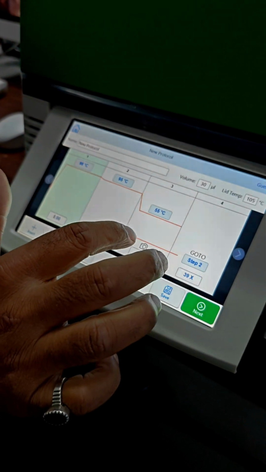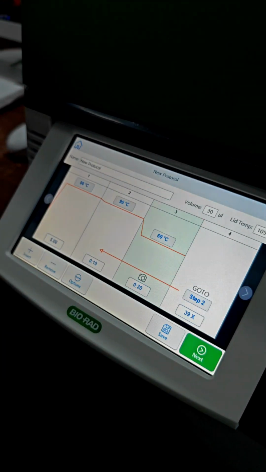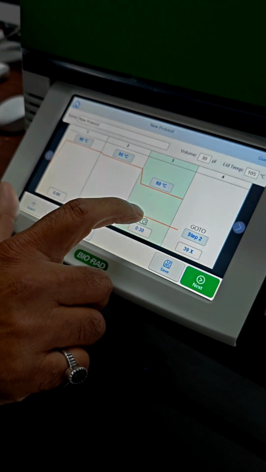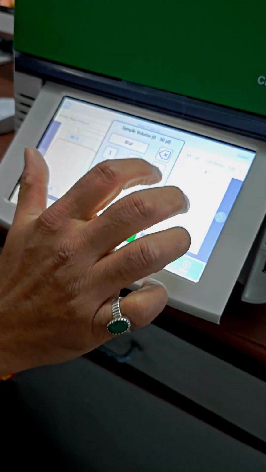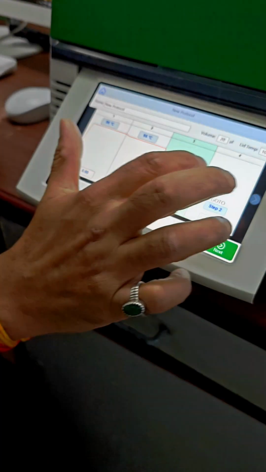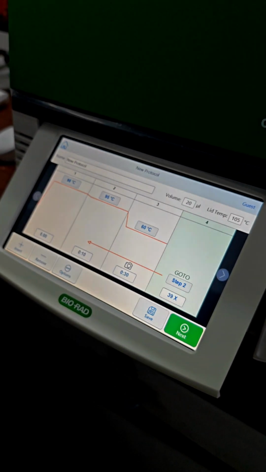Then the cycling steps based on your enzyme. And then you add a plate read, and then you repeat these steps. Okay. So once the protocol is made, maybe put the sample volume. And then from here, if you are doing dye based, mainly it would be dye based only, or plate based, probe based. Cyber based mainly. Dye based.